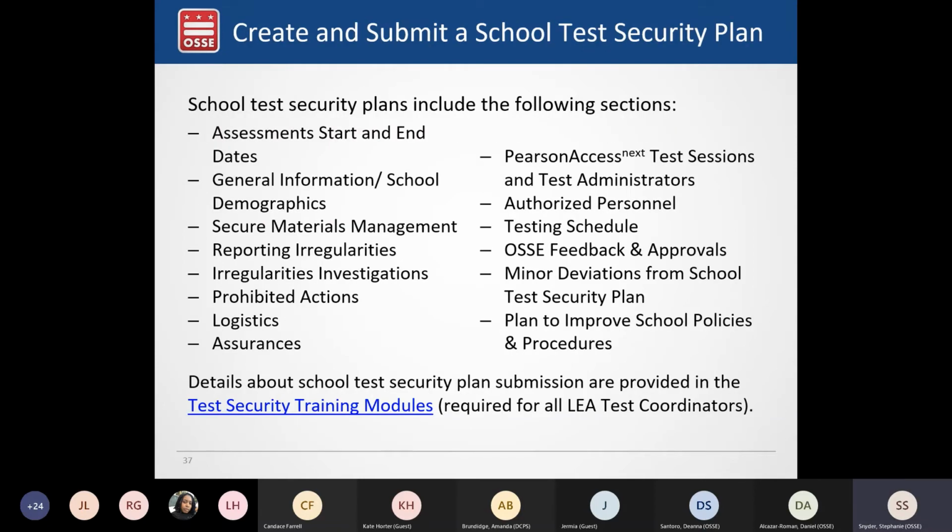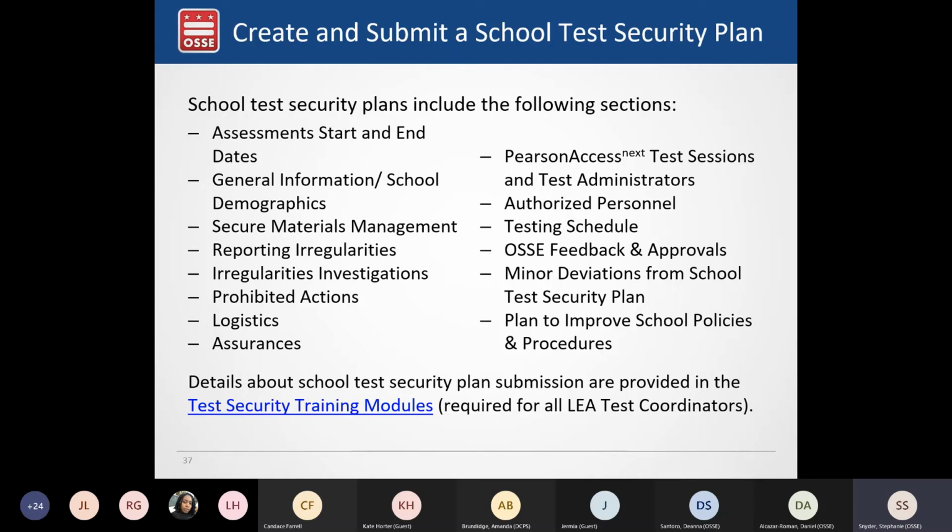This slide includes many of the sections that are included in a school test security plan, from when you're actually planning to administer the assessment, your plans for managing secure materials, a list of the test sessions and test administrators, and your testing schedule and who is acting as authorized personnel.